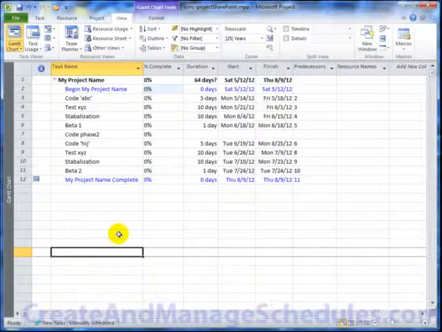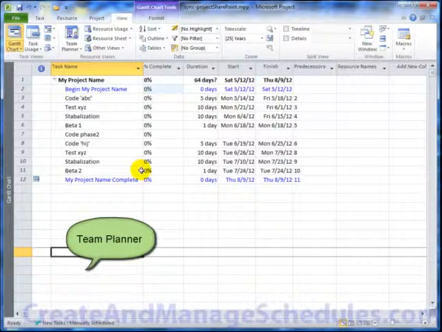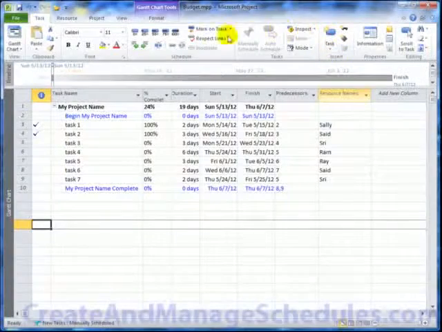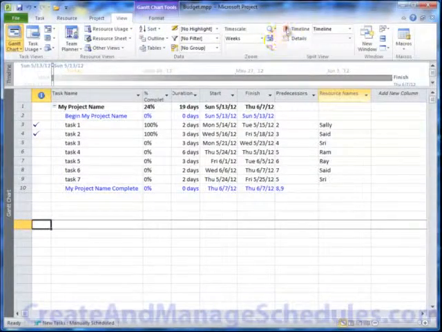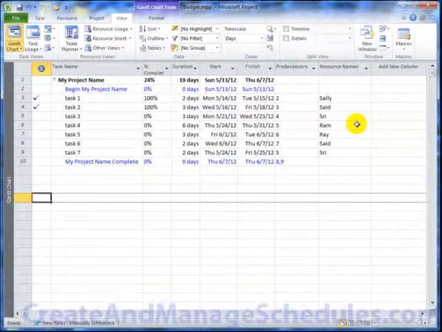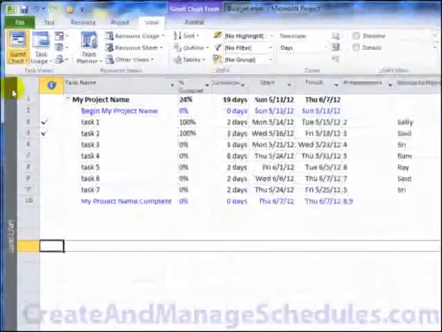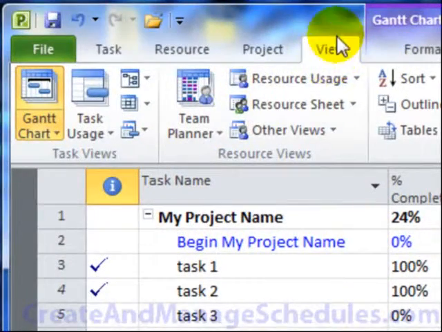And the other feature I want to show you is the team plan. We're going to actually open up a different project file that has resources in it. I'll turn off timeline. Okay, so we have a few resources here. Now, the team planner allows you to better plan and supervise your resources so that you can easily see resource conflicts. And how you access the team planner is from the View tab. If you click on Team Planner,